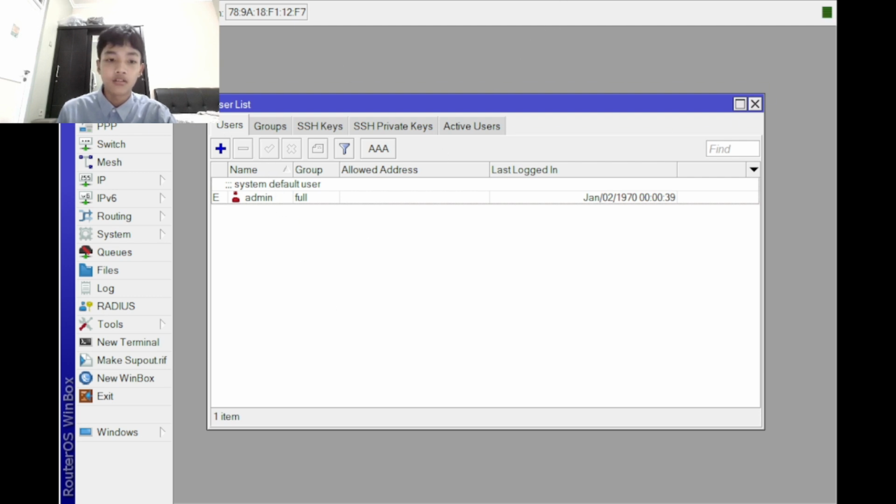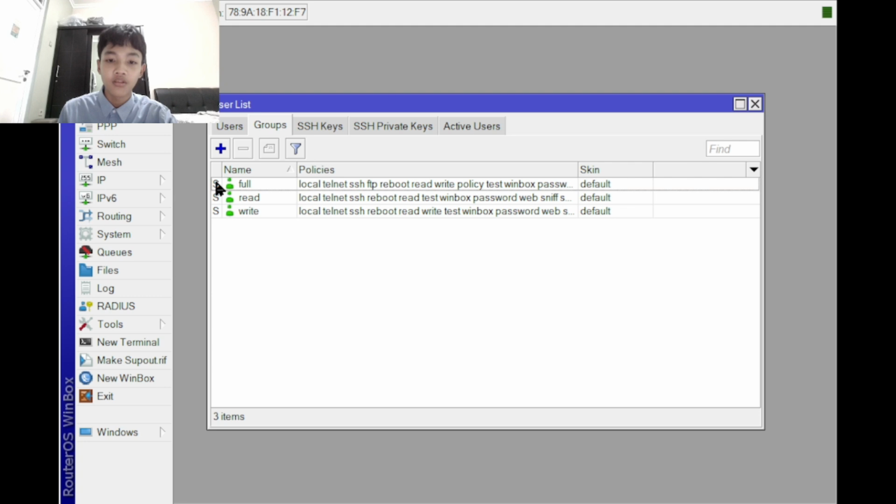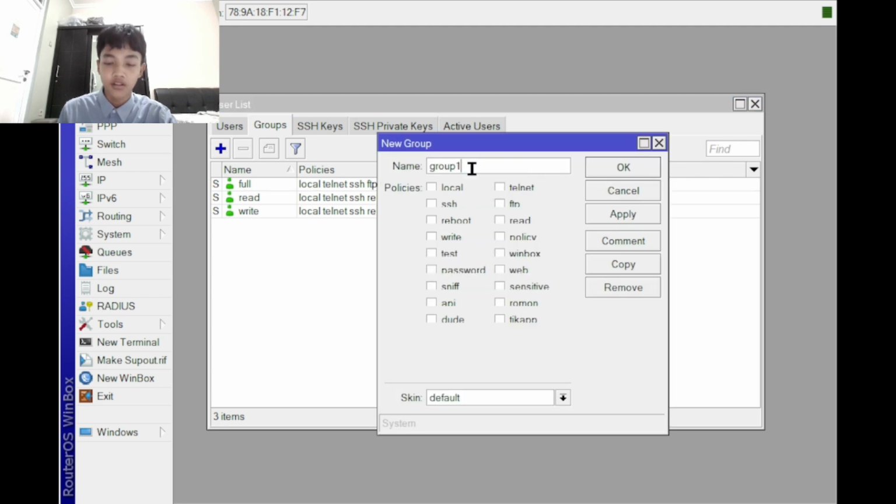First, let me start configuring the user, so that we can log in with the user that we just made. We'll just name it anything, tester. But we still don't have the group, so let me make the group first here.